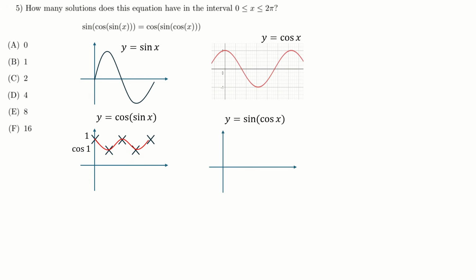Same idea, evaluation at the same points. At 0, cos of x is 1. Cos of 0 is 1. Sine of 1 is, as we've discussed, similar to cos. Sine of 1, this is pi over 2, right, which is a bit bigger than 1. So sine of 1 is a bit lower than 1. So we'll just put it somewhere and say it's sine of 1. At pi over 2, cos of pi over 2 is 0, as we can see. So therefore,